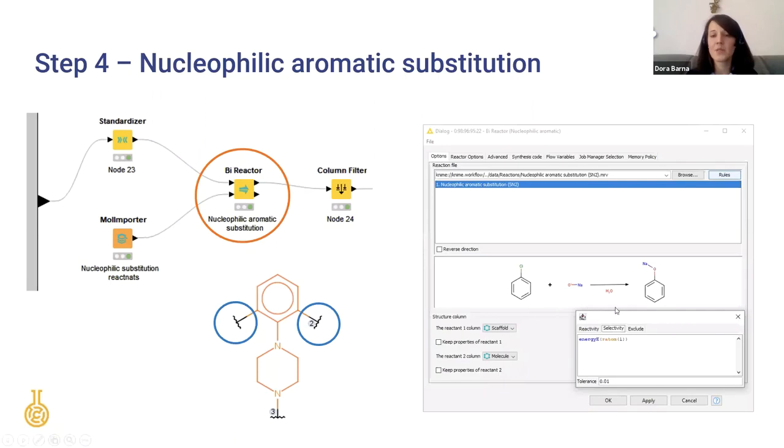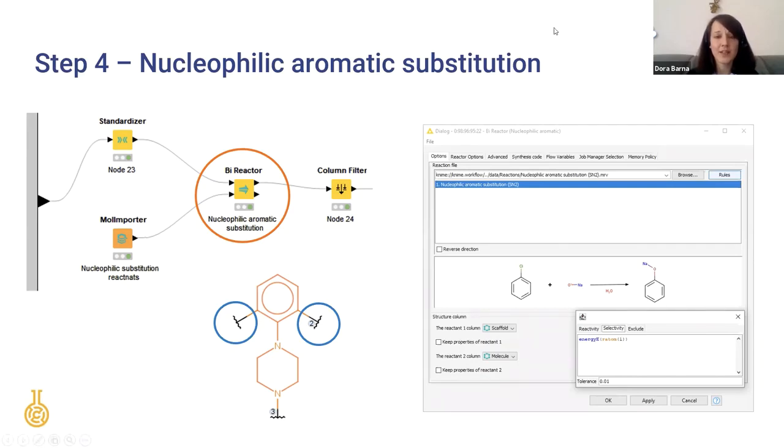And here you can see a specific reaction example for this type of transformation. And to make these transformations and virtual reactions more chemically relevant and chemically real, we can also use some reactor and reaction rules. For example, we can use a selectivity rule that you can also see here. The selectivity rule can help us